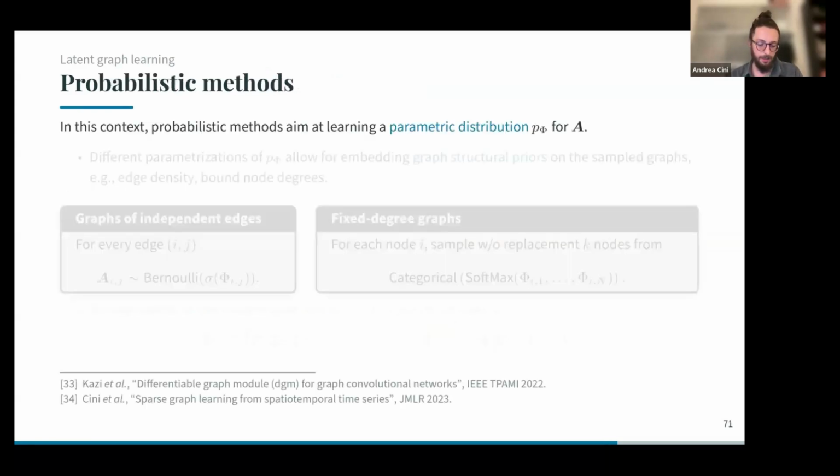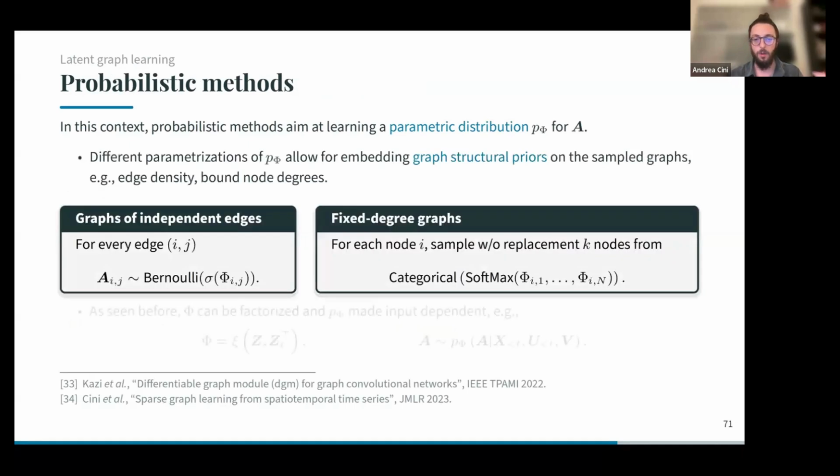So the second family of models relies on a probabilistic approach, where, as I anticipated, we create a parametric distribution P of phi, and this parametric distribution is for our adjacency matrix A. So there are different types of parameterization for this P of phi. Probably the most